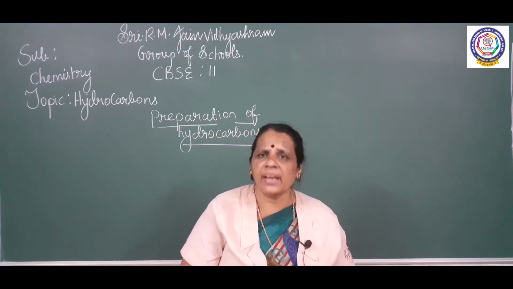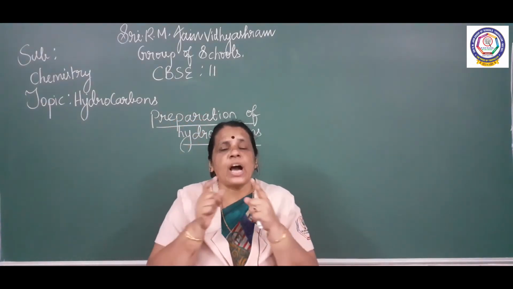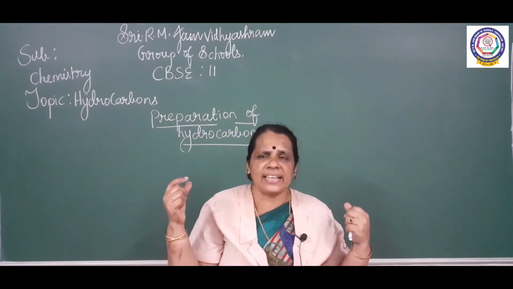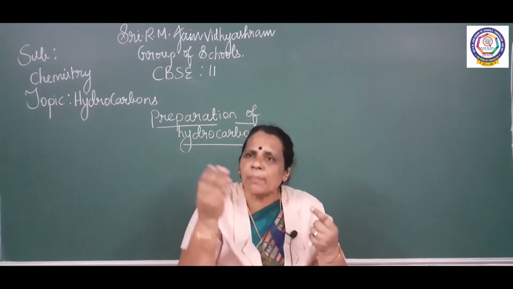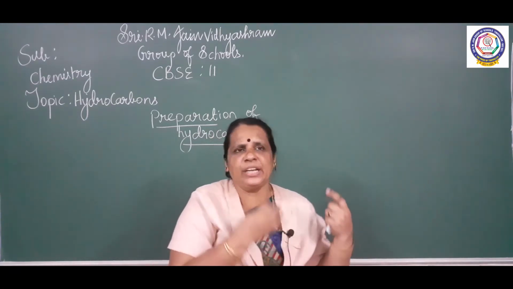So what is happening? Hydrogen gas is added, and absorption takes place. We can see the accumulation of the substance at the surface. So the hydrogen gas, which is a molecule, splits up into hydrogen atoms. One by one we are adding hydrogen to the carbon. So we have converted ethene into ethane.